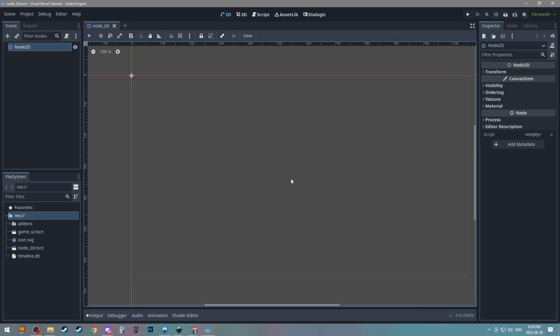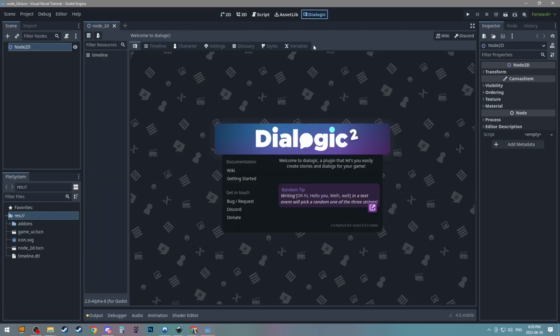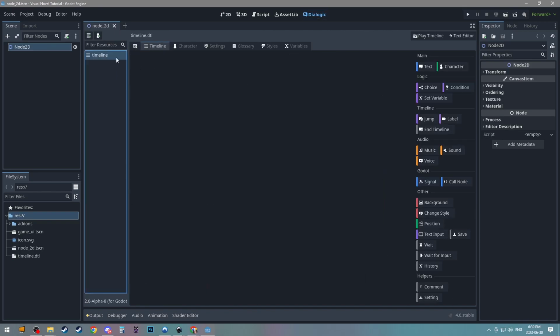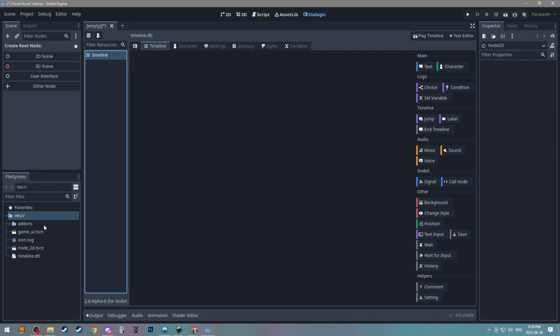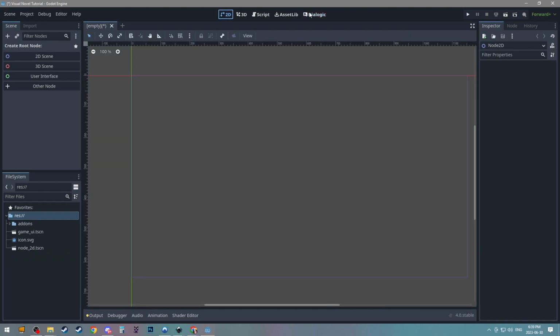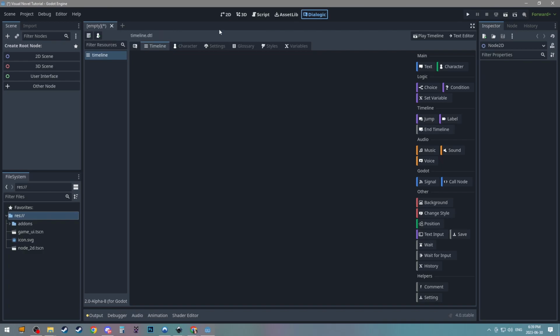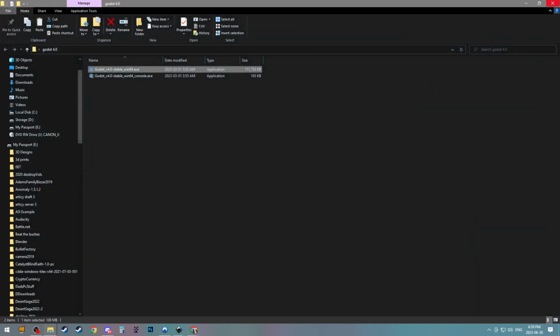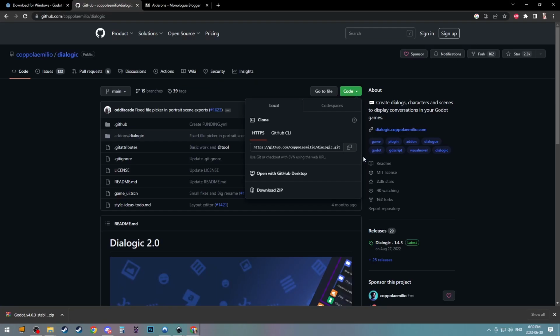It's going to give it a little load. All right, so now if we hit Dialogic, it's going to show us the welcome screen. Now our timeline is going to show. And let's just say for whatever reason it wasn't here, we didn't have this timeline. Let's just get rid of this guy right here. Remove. And then we change scenes. You know what, I'm just going to reset it again, just to show you